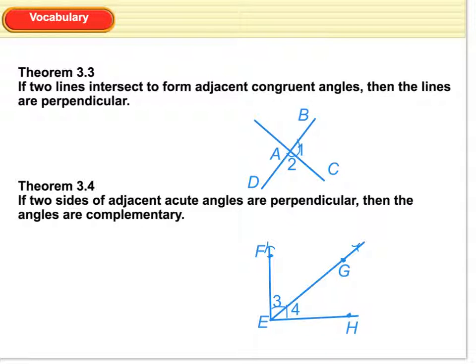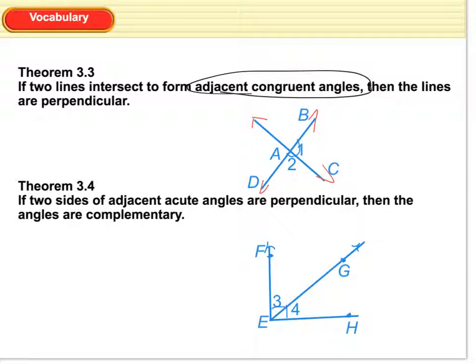Okay, let's move on to theorem 3.3. It says that if two lines intersect to form adjacent congruent angles, adjacent congruent angles are the key words, then the lines are perpendicular. So let's take a look. I've got two lines here, line DB and line AC. I should have my arrows there. Okay, these two lines intersect,